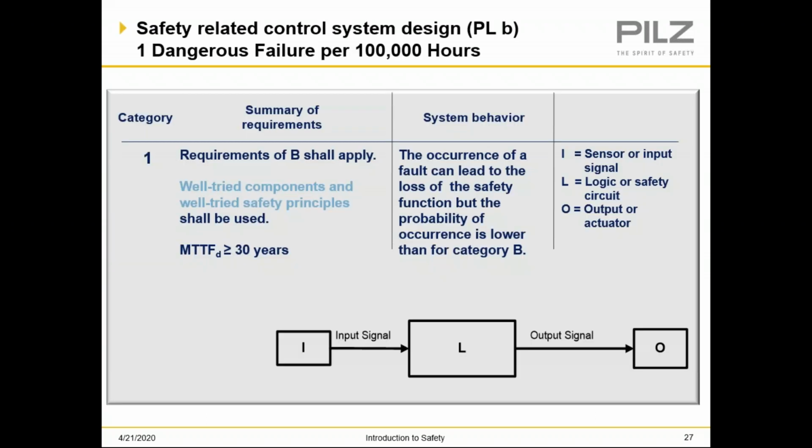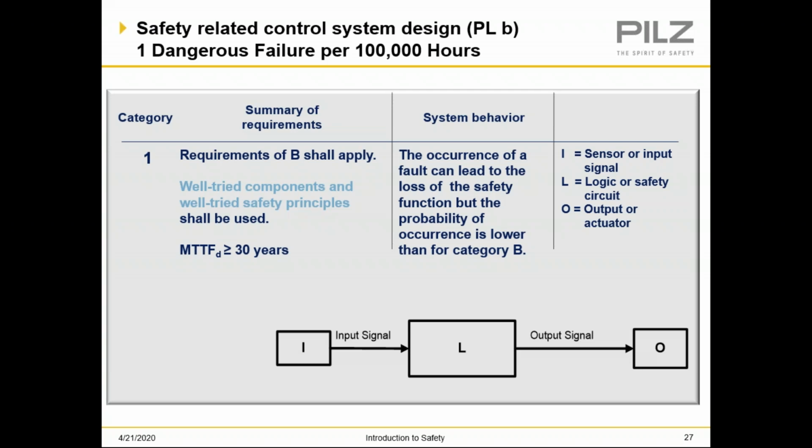We go to PL B, which is safety category 1. 1 dangerous failure per 100,000 hours. So now we use the requirements that we had in B, and well-tried components and well-tried safety principles. Now the occurrence of a fault can lead to the loss of safety function, but the probability of occurrence is lower than in category B. So we've got a little bit better components applied, so it's less likely for a probability of occurrence.